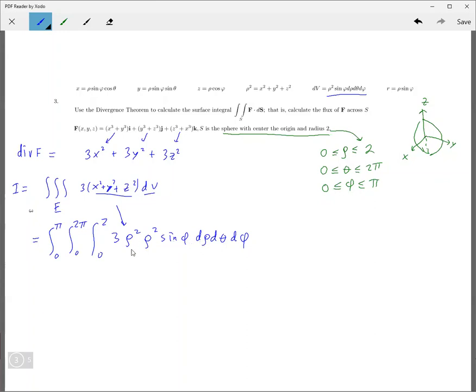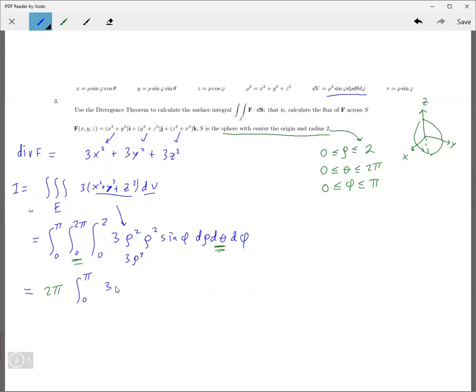Okay, so this is 3 rho to the 4th. Okay, so what's the integral? Oh, there's a phi there, right? But there's no theta, so there's no theta? 2 pi. Yeah, so you can put 2 pi out. But there's a phi there, so there's a sine phi, so you can't mess with that. Okay, so integrate this one, and you get